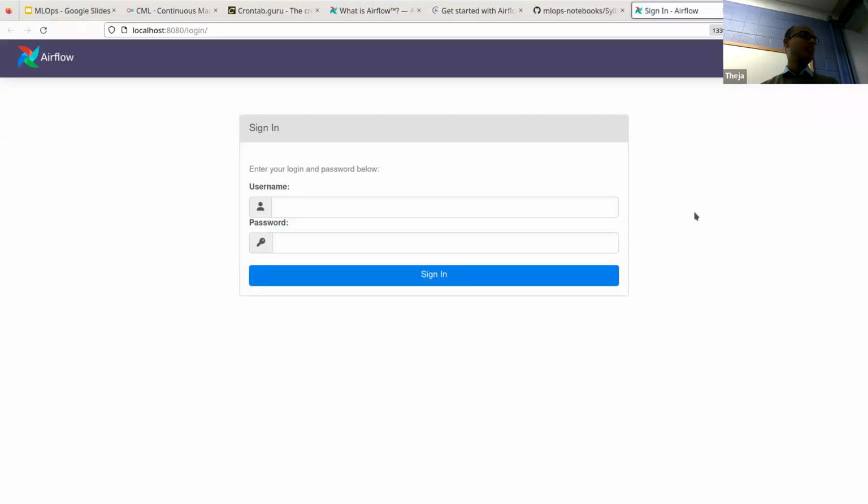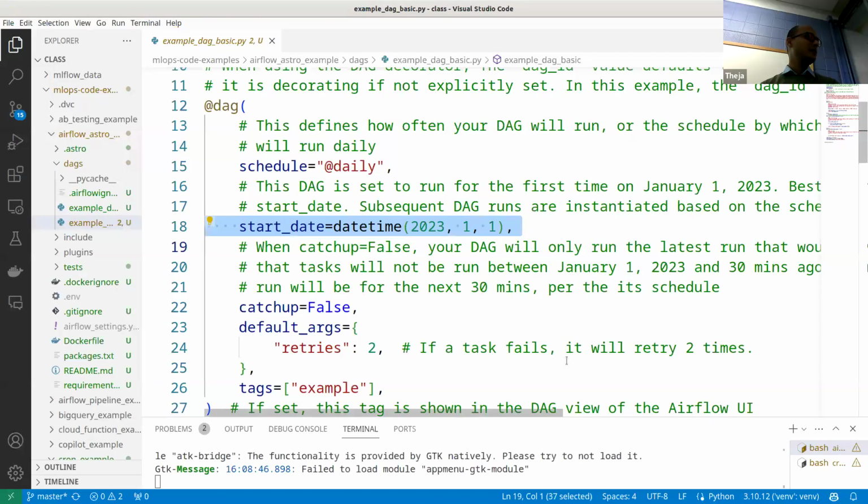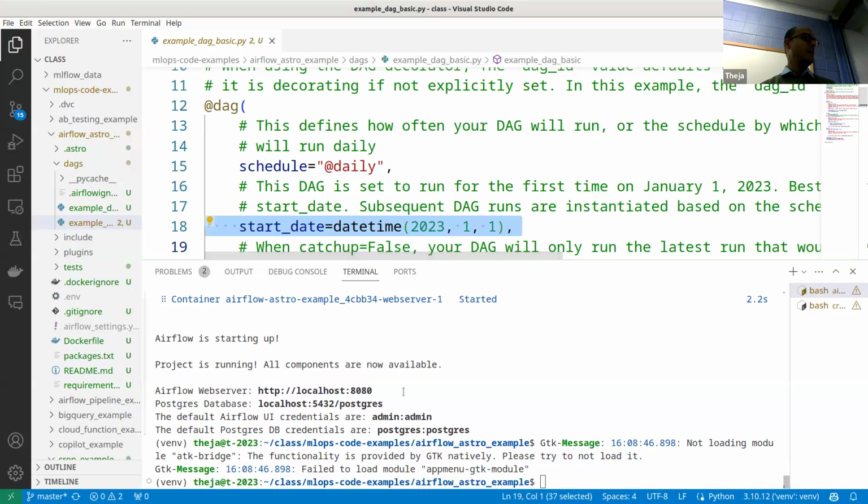Okay, this popped up because this just finished. So let's just look at this. It's running here at 8080, and that's what we opened. The Postgres port is the default port for Postgres. If you run Postgres through Docker so that you don't mess up the rest of your system, then generally it runs at port 5432.